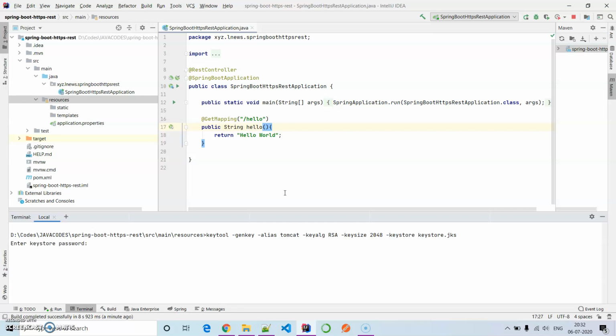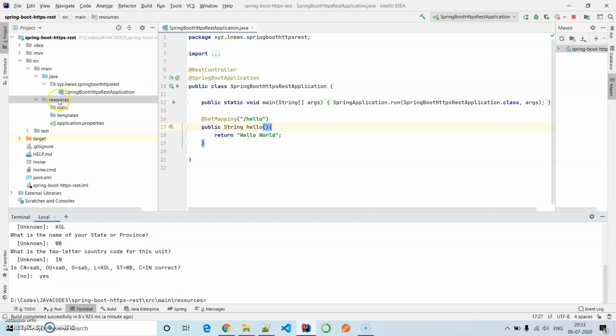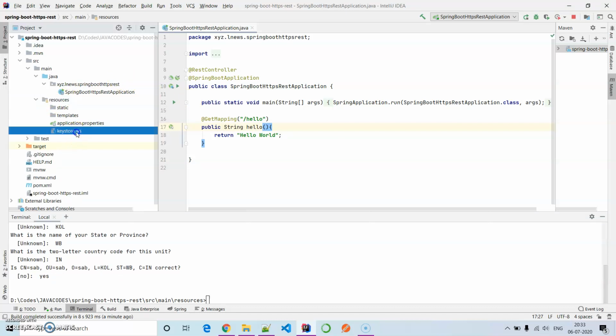We are going to enter a password, anything that you like, but a minimum of 6 characters. Then organization name and the city, Kolkata, West Bengal, India. Yes. And you will see that keystore.jks has been created here.